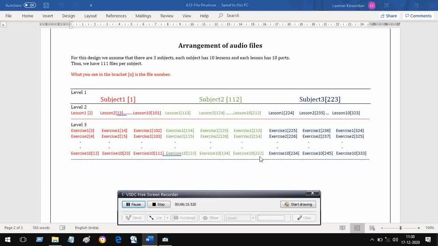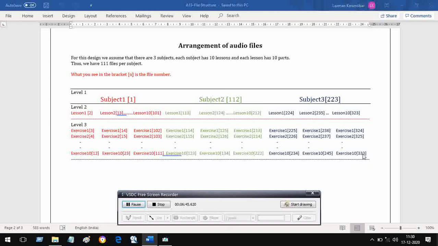After 222, you go to the third subject, which starts at address 223. It also has the same number, 111 files. So the last file address will be 333. And if you remember, the MP3 module has been designed such that it can access 3000 files.